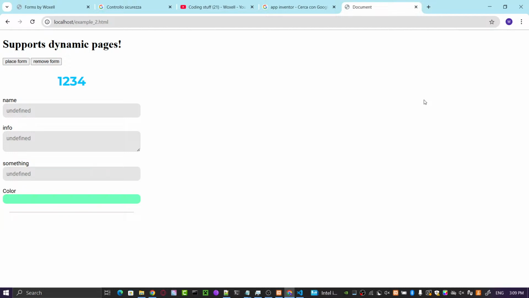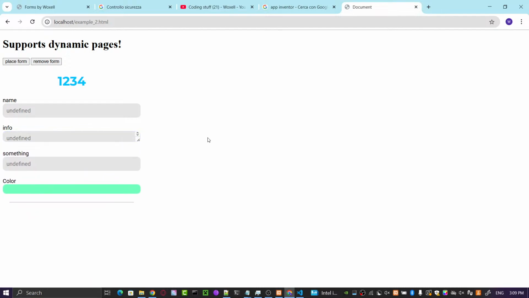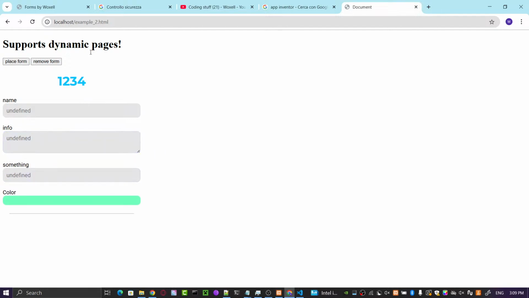I don't know how to describe it, because it's self-explanatory. You can clearly see it. It's very flexible, and it supports dynamic pages, static pages, boxes like HTML boxes, and many things.